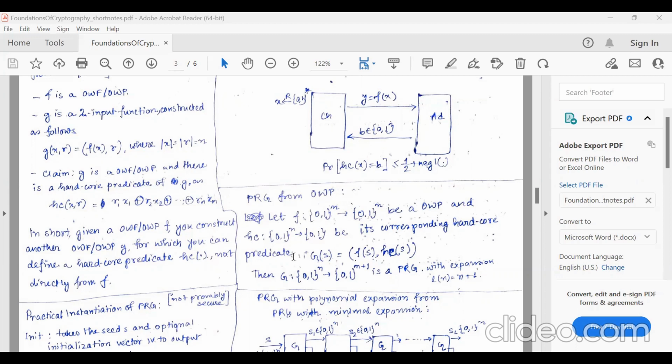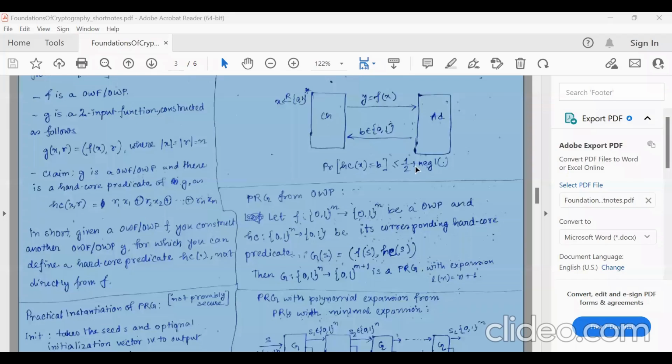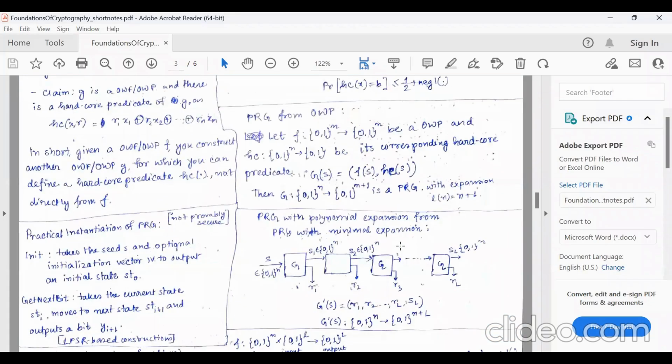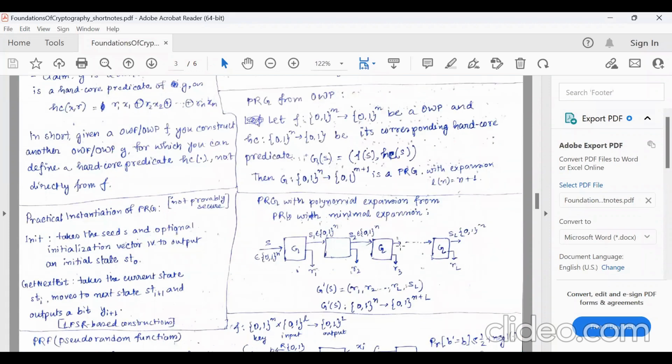Then you construct a PRG G of S as f of S concatenated with HC of S. Now, because f is a one-way function, from the value of f of S, you cannot guess S. That is ensured by the security of OWF or OWP. And also because HC of S is indistinguishable from any random bit 0 or 1, so by seeing the value of HC of S also, you cannot guess anything about the underlying seed,